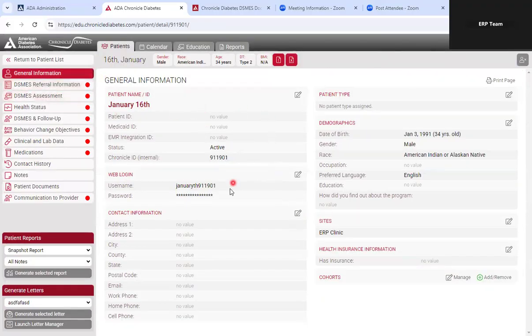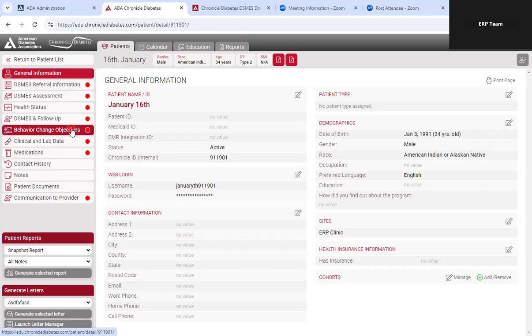So now we are in the patient record. Again, on the left, what you see here is Chronicle Pro. It has the red dots. If you're not using Chronicle Pro, there will not be any red or green dots. And what we'll be going through is just the minimal data points to be able to aggregate your data. And just keep in mind that what you put into Chronicle is what you get out. So there may be certain sections, even if you're doing minimal, that you want to add because you can include